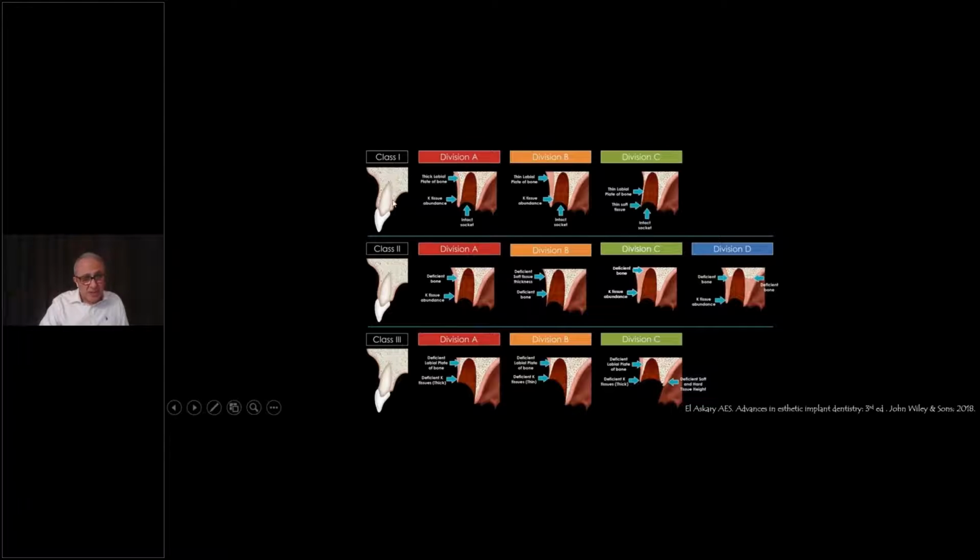Class 1, class 2. I've done a little bit of modification that I've published in my previous book. I put subdivisions into this classification to distinguish between thick and thin tissues, thick and thin bone, presence or absence of the palatal plate of bone and labial plate of bone as well, as well as class 3. This is what we have published recently, just to enable us to communicate and maybe define.